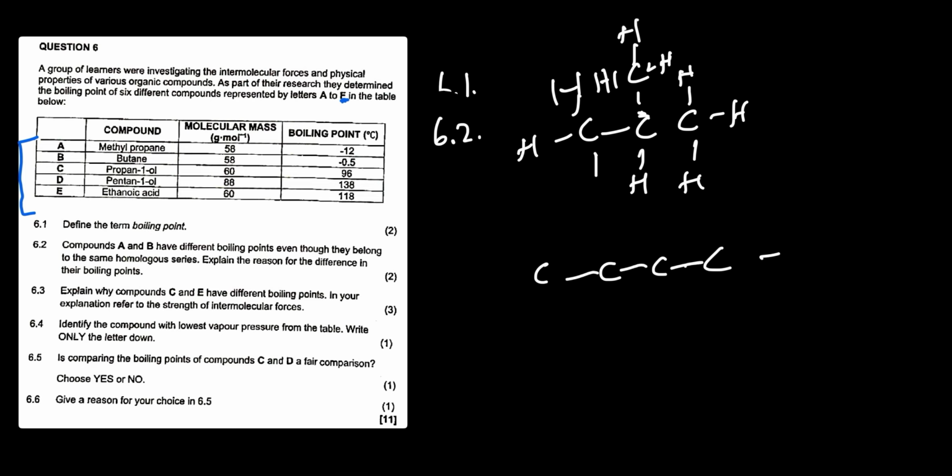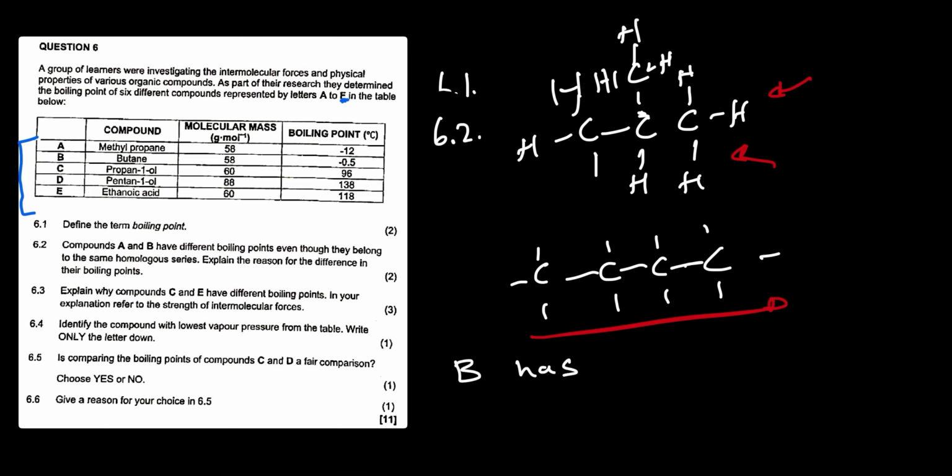So we have that. Okay, so now we can clearly see the intermolecular forces of B are stronger than the intermolecular forces of A, because now B has a larger surface than A. So remember, if it is branched with the same amount of carbons, it's going to have less intermolecular forces. So we are going to say now B has stronger intermolecular forces than